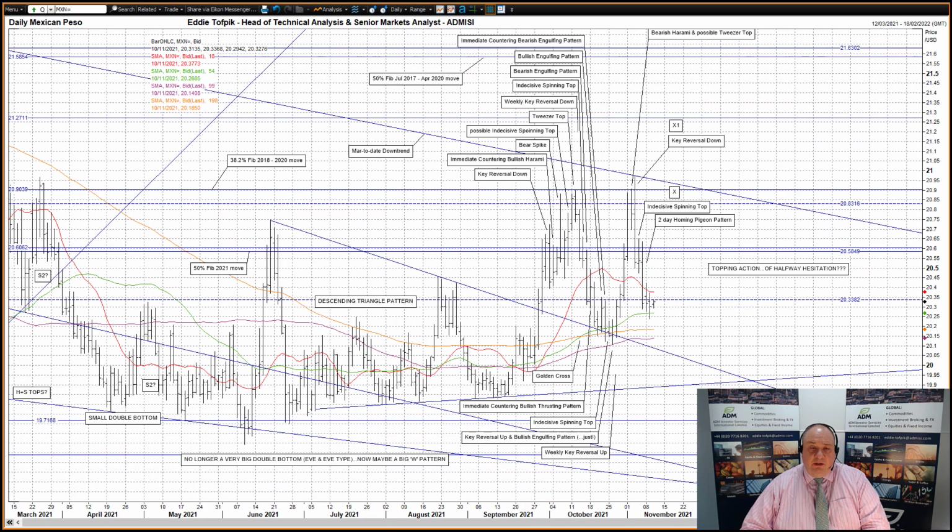US dollar against the Mexican peso. A third bearish black crow yesterday and a second tentative exploration of the downside after Friday's long black Marubozu. The reason for this slow progress is that just below we have the beginnings of a wide band of dynamic support stretching currently from 20.2684 down to